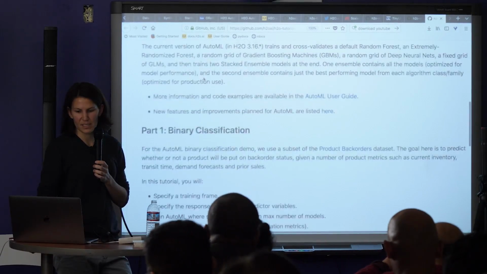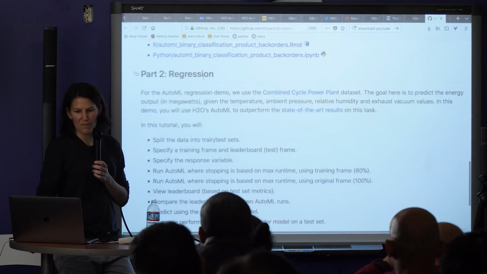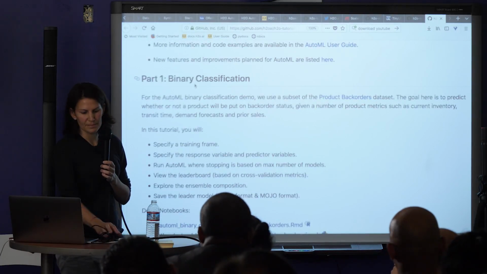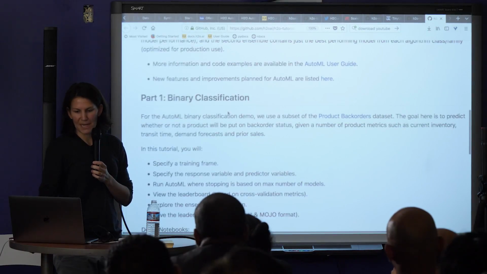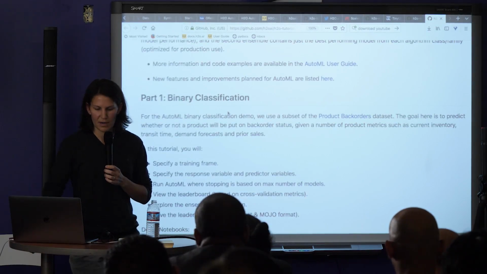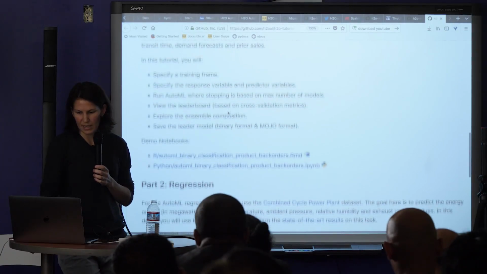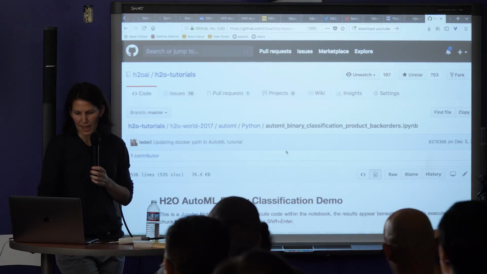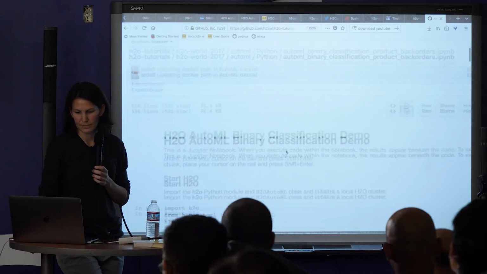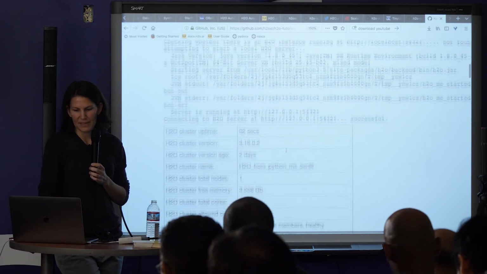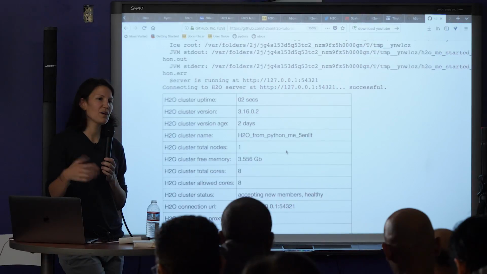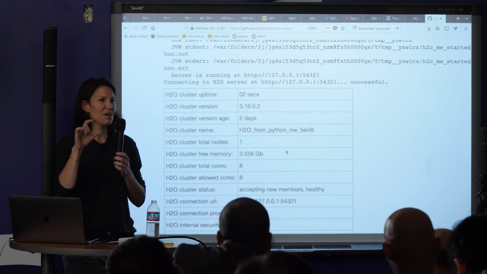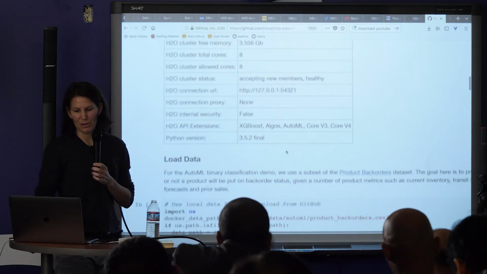this is a great place to get started. If you have a preference for binary classification or regression, we can do both. I think I'll just do binary classification because a lot of business problems are that. Let me click on the IPython notebook, or the Jupyter notebook, I guess it's called now. I'm just showing you this so you know where to go when you want to try out H2O. I've shown you the code for AutoML, it's not that big, but this will walk you through a whole problem where you